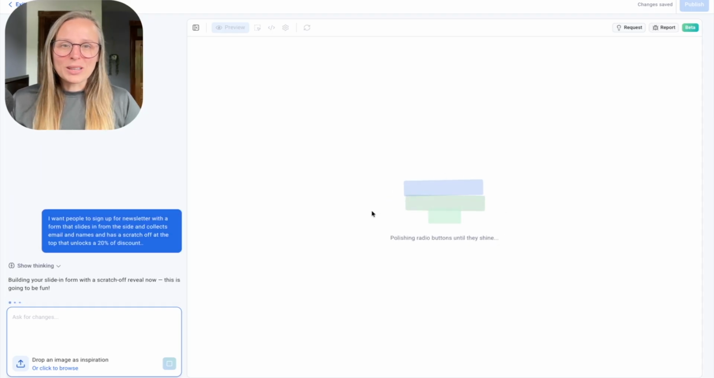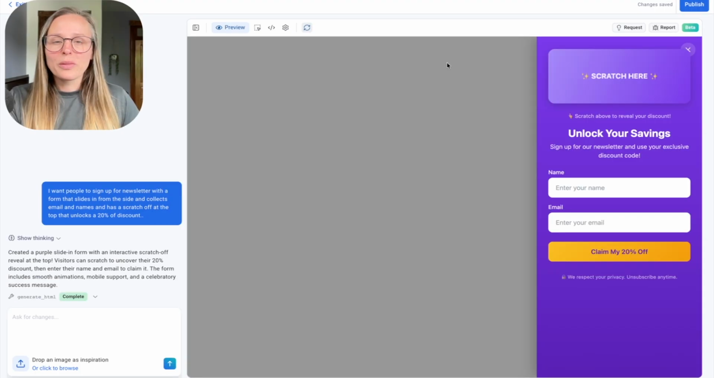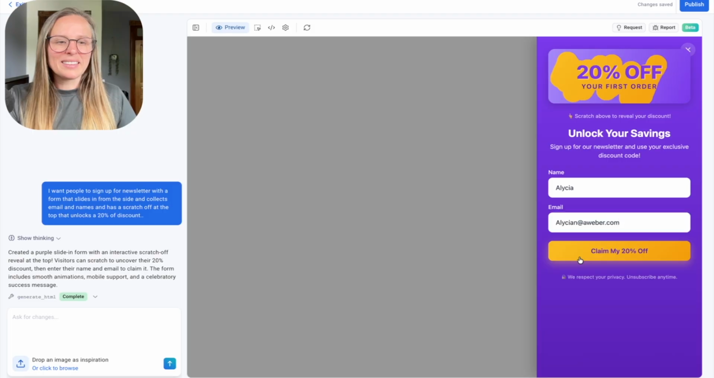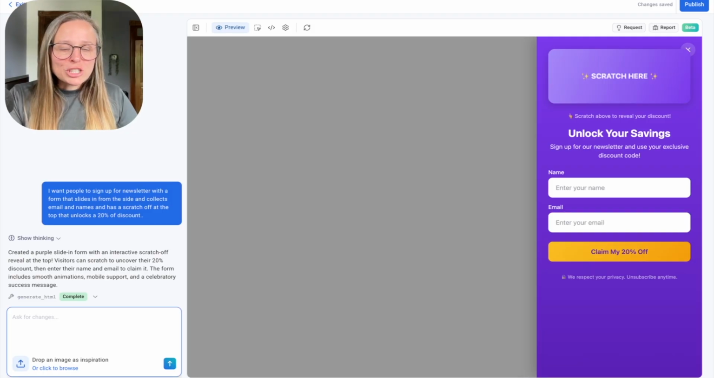There's going to be a loading state, but trust the process. I promise it'll be worth the wait. Once your form is ready, you can go ahead and test it out in the preview area. If you want to make any changes to your form, go ahead down to the bottom left corner and ask